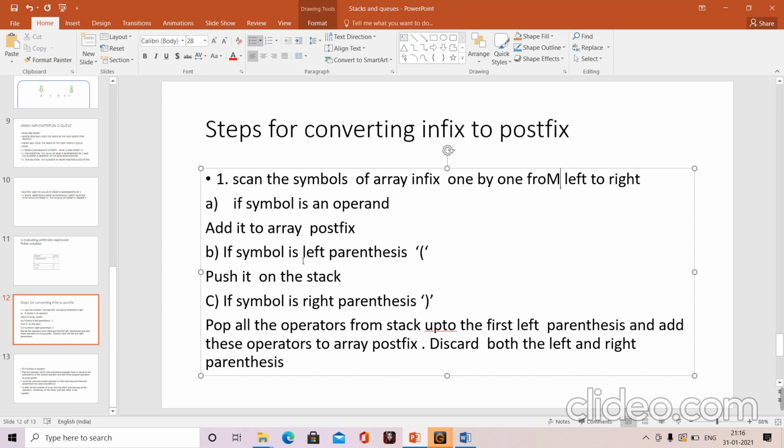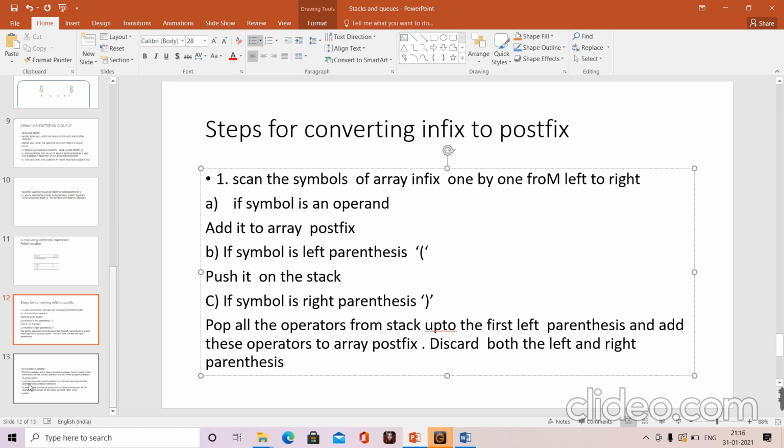If the symbol is a left parenthesis, push it onto the stack. And if the symbol is a right parenthesis, we pop all the operators from the stack up to the first left parenthesis and add these operators to array postfix, and